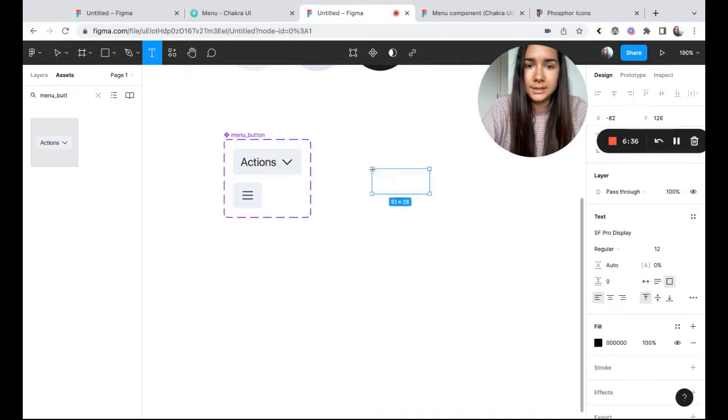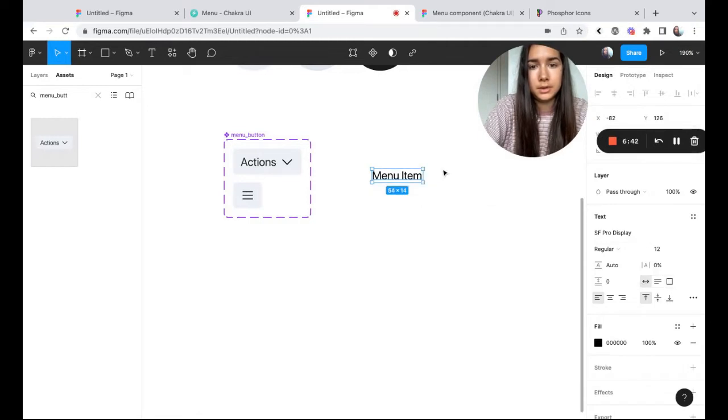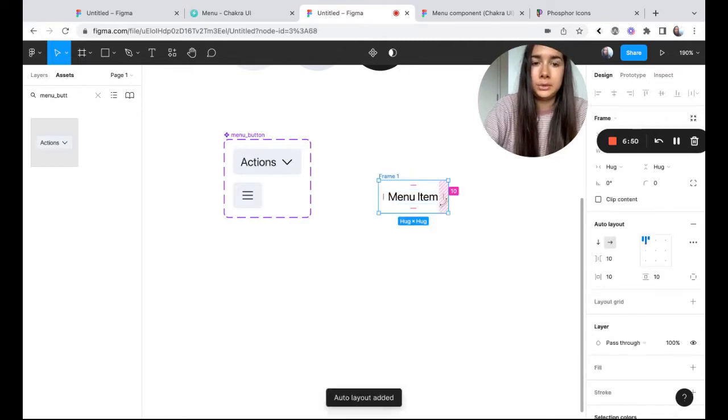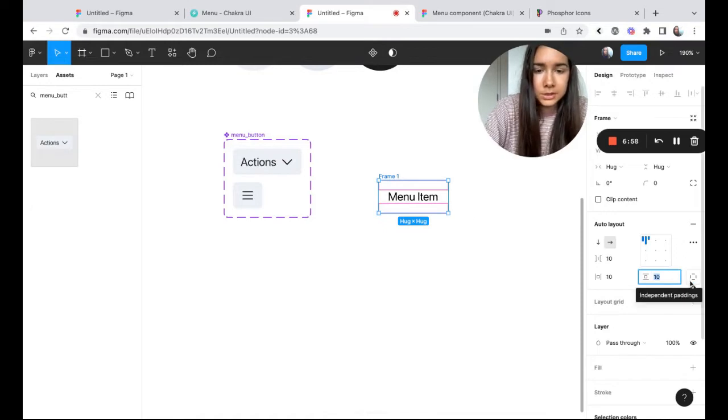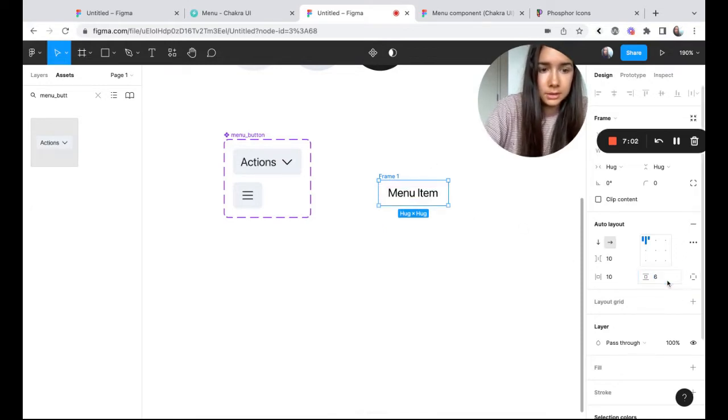You start with a text layer, and we'll call it menu item. And for this one, we will apply auto layout right away, even though right now it's just one text layer. And we'll change the padding just a little bit.